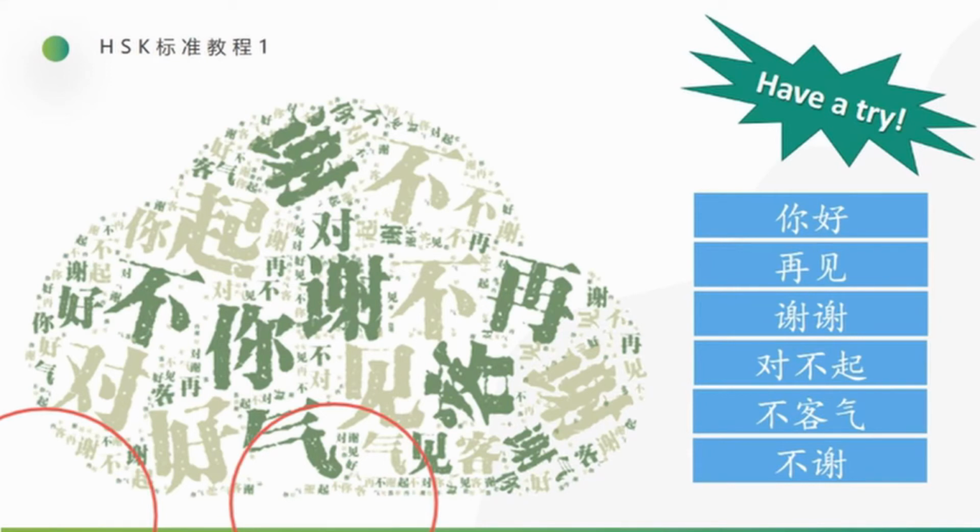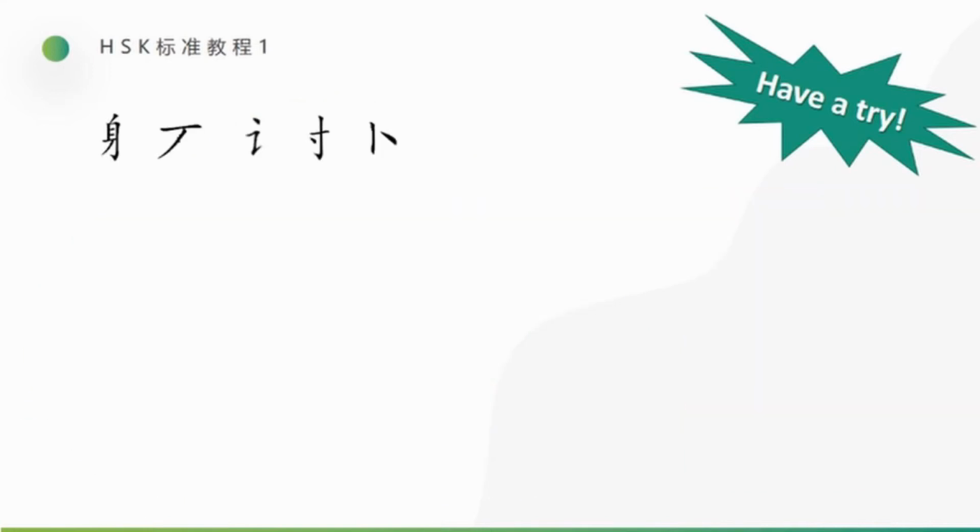不对, very good. 不对也可以, 不对 means not right, not correct. Okay, so here let's look at this. Now I split the Chinese characters into many parts. Can you see what new words or phrases this is? 这是什么, can you find? It's a phrase. 这是什么, What's this? Yes, very good. Good.